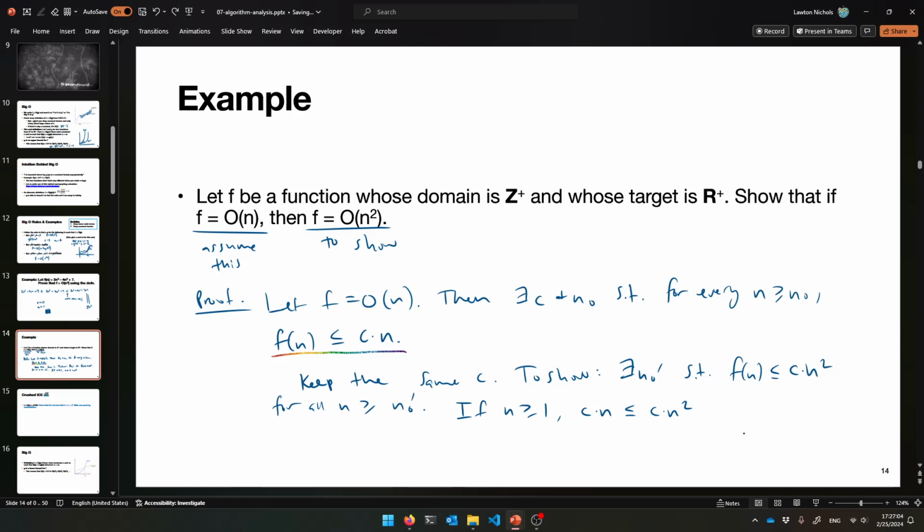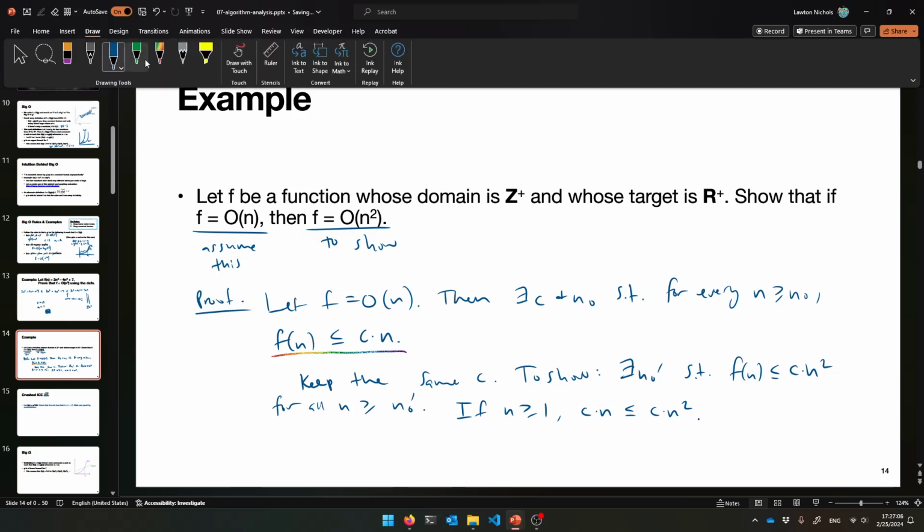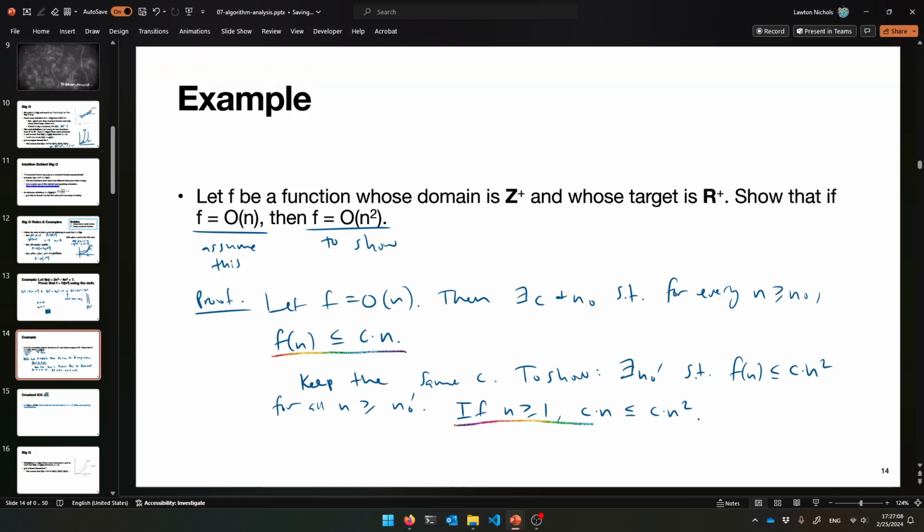So this is our key. So what can we do? Therefore, f of n, we really just did it. f of n is big O of n squared. We've got to pick a c and an n naught. Let's use primes for this one. c prime is equal to the original c. And our n naught prime, well, because I have f of n is less than or equal to this, and this is less than or equal to this,